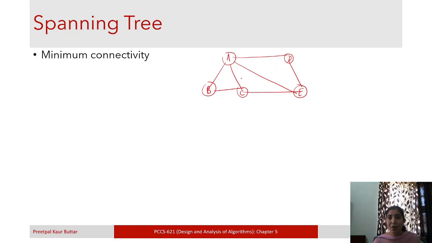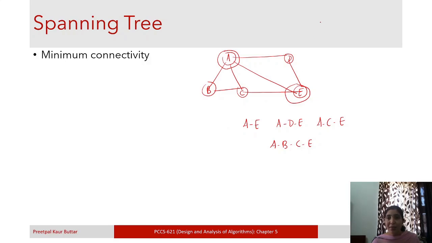Why? Because for example, let us take node A and node E. How can we reach A to E? There is a direct path. We can go through D, we can go through C, we can go through B and C, right? So there are multiple paths. So this is not minimally connected.